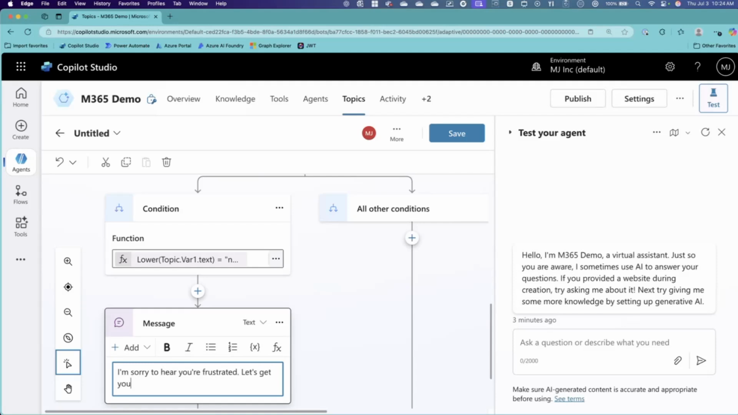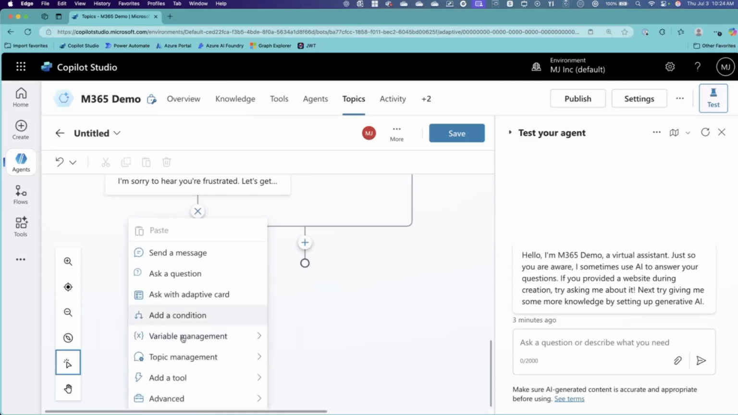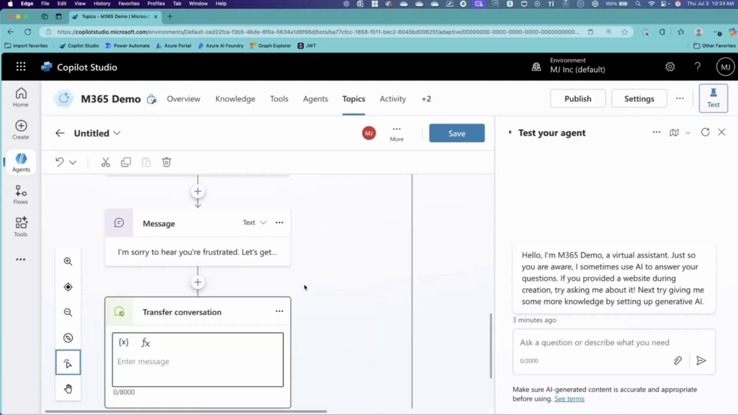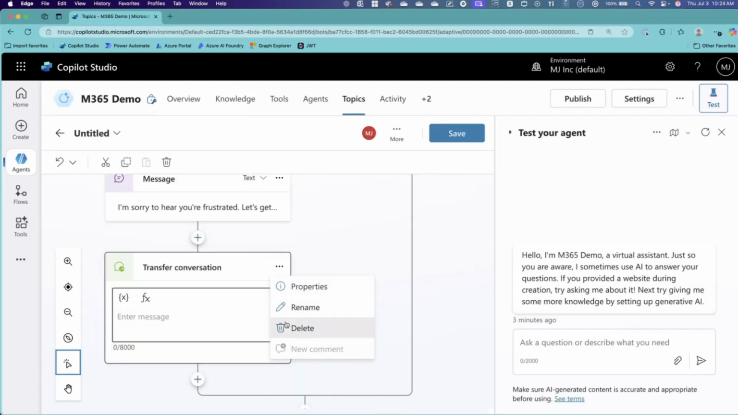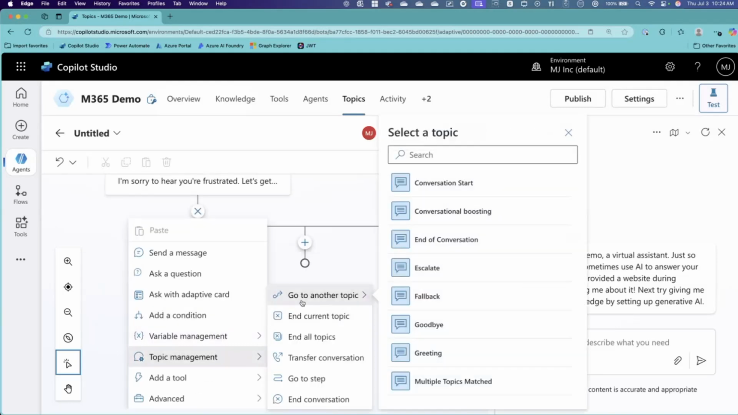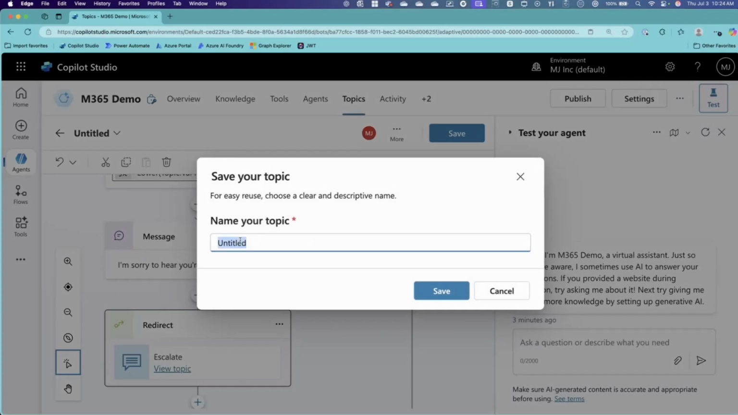Let's get you to a live agent. And then let's say I can actually do the topic management and do a transfer conversation. And we'll actually not go with transfer conversation. We'll just go ahead and do the topic management to go to the escalation topic. Go ahead and save this, and we'll call this the